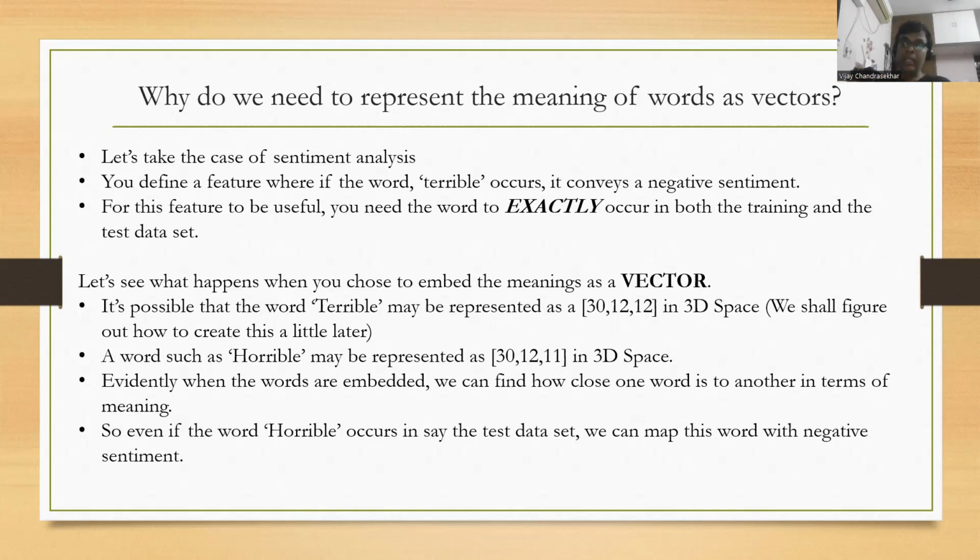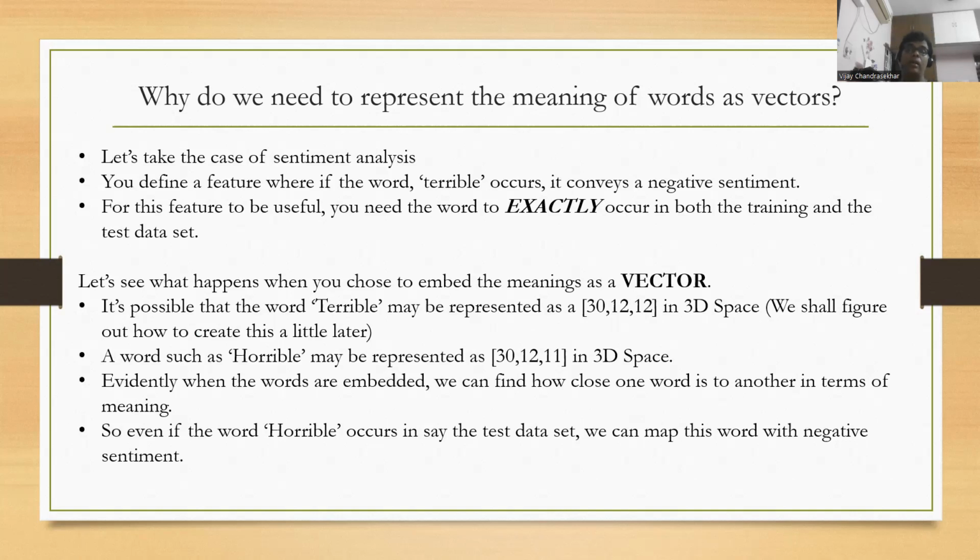So next question. In the feature நம்ம detect பண்ணணும்னா, don't you see that I need to have that word terrible exactly as is in the training data set? Correcta? அந்த வார்த்தை terribleன்ற வார்த்தை என் training data setல இருந்தே தீரணும். அப்போதான் I can say yes, the feature is valid அப்படின்னு நம்ம சொல்லலாம். கரெக்டா? But if the word terrible doesn't exist in the training data set, அப்போ you can do nothing about it.